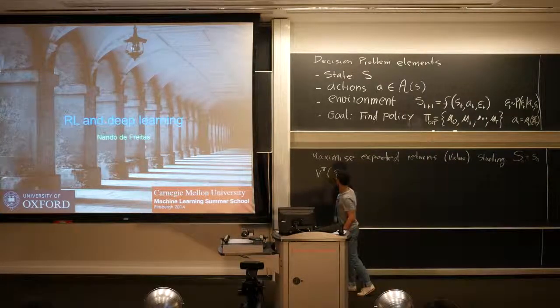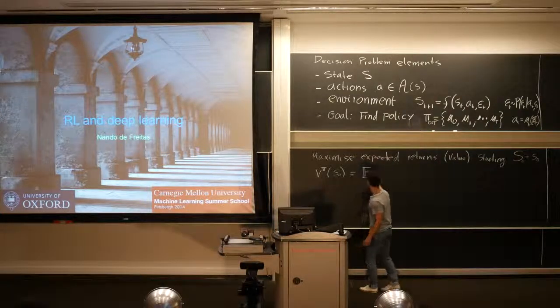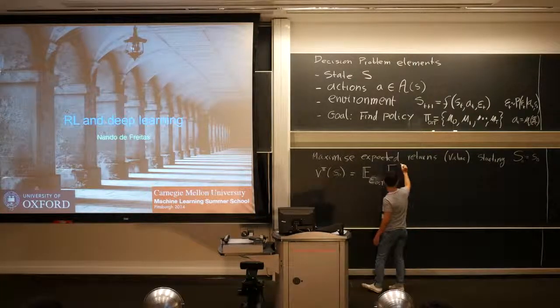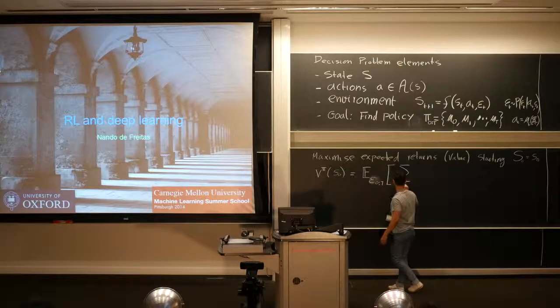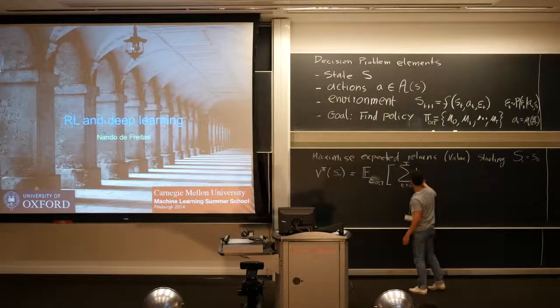So this is the value of the variable, and that's going to be an expectation over epsilon naught to T, of a sum from t equals 0 to capital T of R